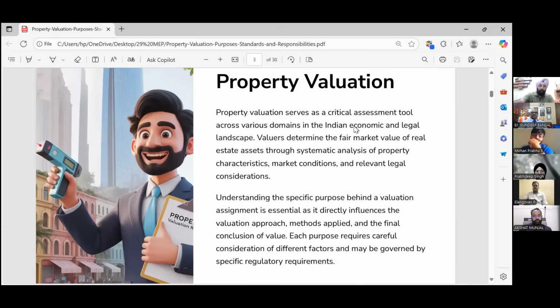Purpose of valuation, as you know, this is a very critical assessment tool across various domains in the Indian economic landscape. So with the change in purpose of the valuation, your valuation or value of the property will change. Every purpose